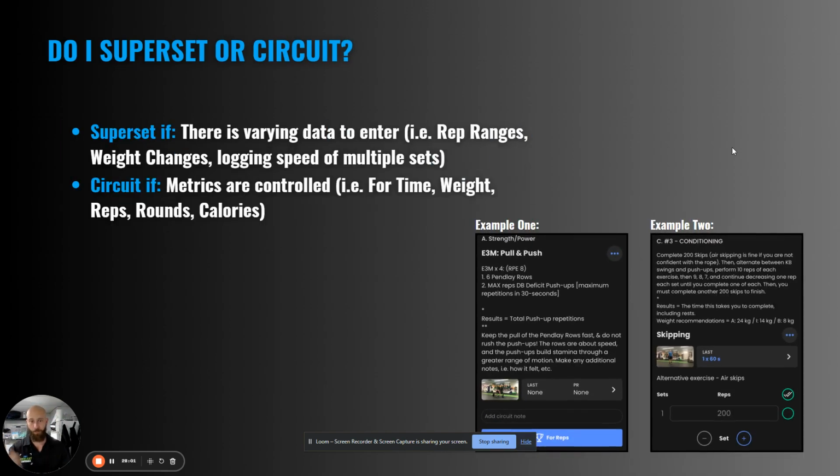So I mentioned before that I'll be explaining this. So when will there be a superset and when will there be a circuit? And that's really up to the trainers or the coach's discretion. To put it simply, it'll be a superset if there's varying data. So if they've got multiple exercises in there and the weights can change or the reps are arranged, let's say that in example 1, for example, which was the one we saw on the previous page,